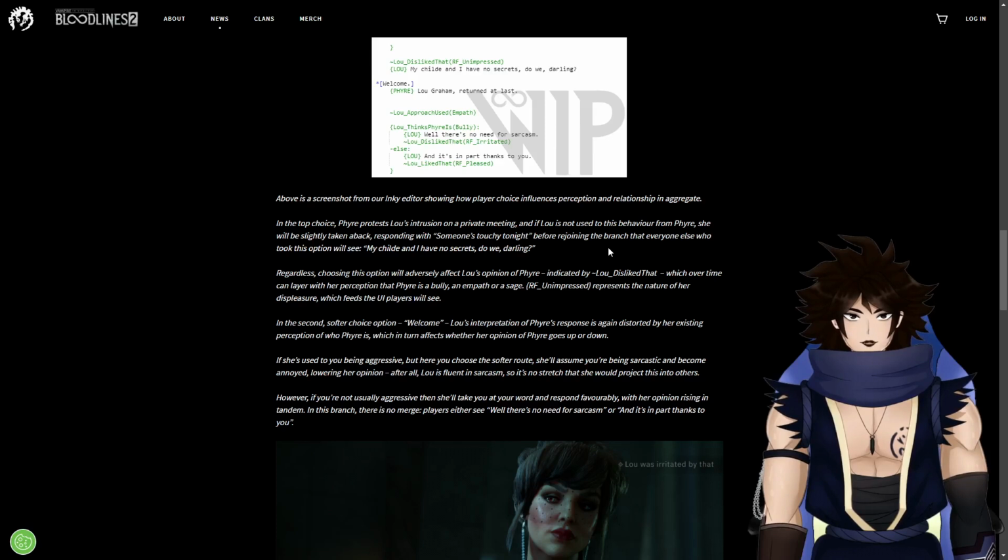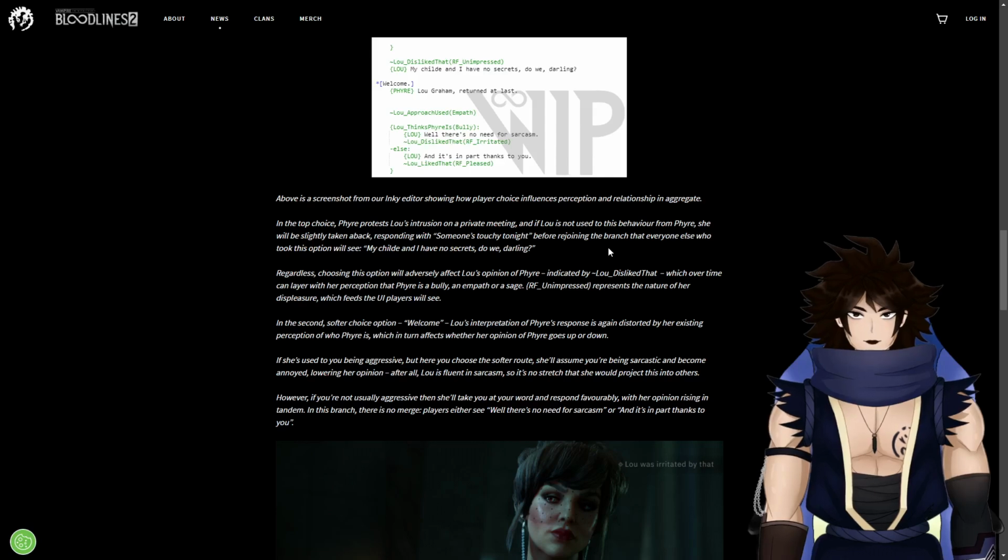Indicated by "Lou dislikes that," which over time can layer with her perception that Fire is a bully, an empath, or a sage. "Unimpressed" represents the nature of her displeasure, which feeds the UI players will see. In the second choice, a softer option, Lou's interpretation of Fire's response is again distorted by her existing perception of who Fire is, which in turn affects whether her opinion of Fire goes up or down.